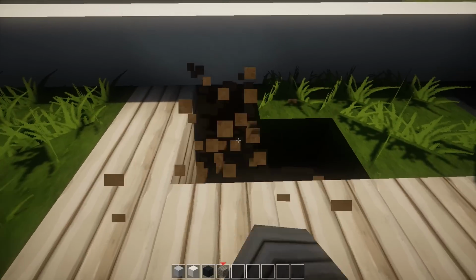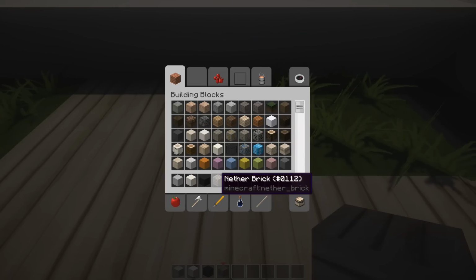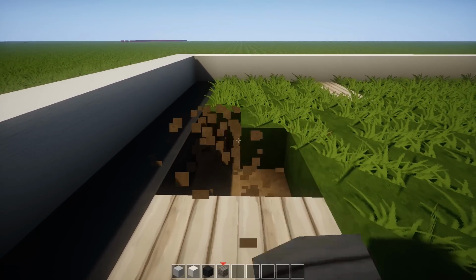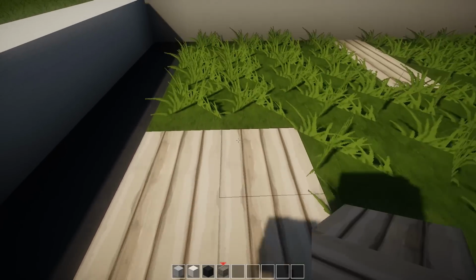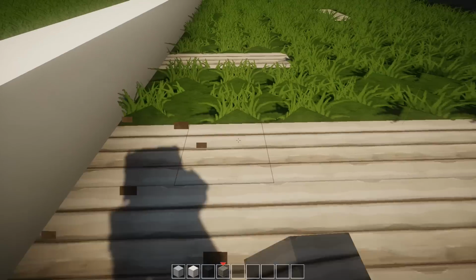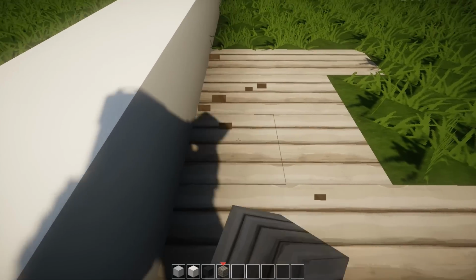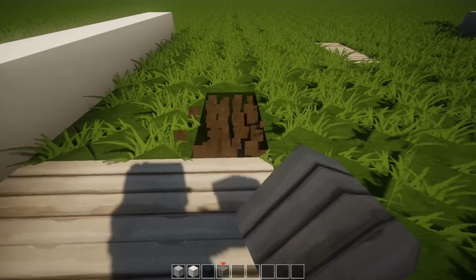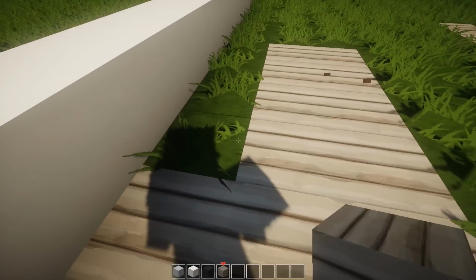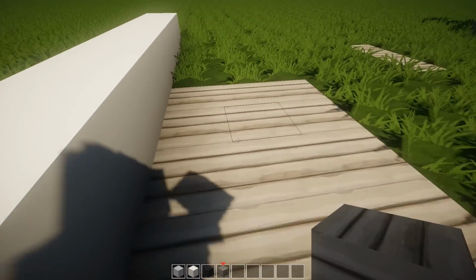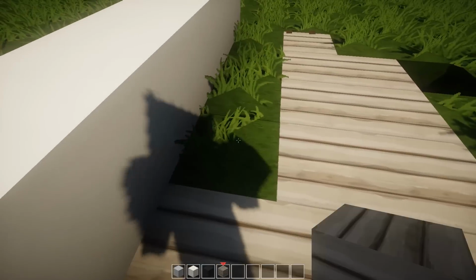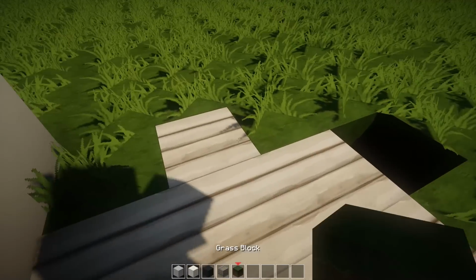So what we're going to be doing now is putting in this material here. This is my nether brick. If you guys are on, say, Flows HD, because you can't get my pack, if you're limited, I'd say something like oak planks would work perfectly. This is actually a texture which my admin came up with. He came up with the idea for it, and my developer Yugi actually made it on Photoshop. It's an edited version of the wood we already have, but it's supposed to look worn and weathered, which gives it a really cool look.